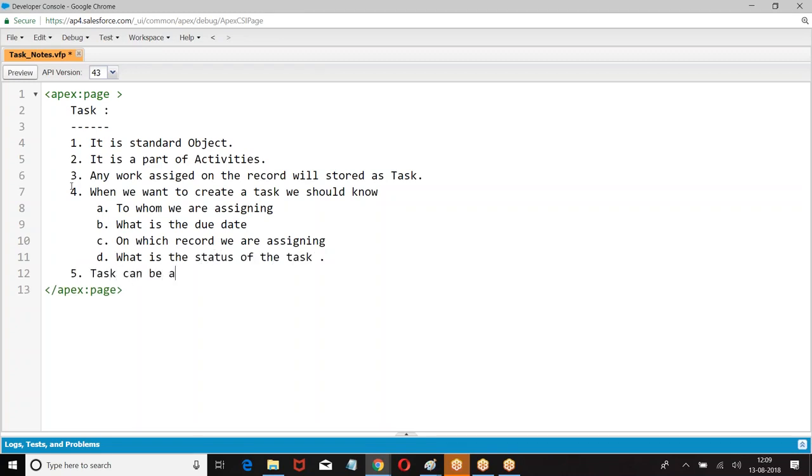Task can be assigned on any object which has the Allow Activities option enabled.